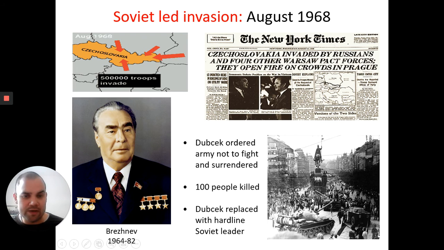100 of them were killed, 500 were wounded, and eventually Dubček's government was overthrown, and a couple of months later replaced by a Czechoslovakian government that was a much more hardline Soviet one. Okay, so Dubček's attempt to create socialism with a human face was then crushed by the Soviet leaders and replaced with the very sort of traditional hardline Soviet model afterwards. Okay,